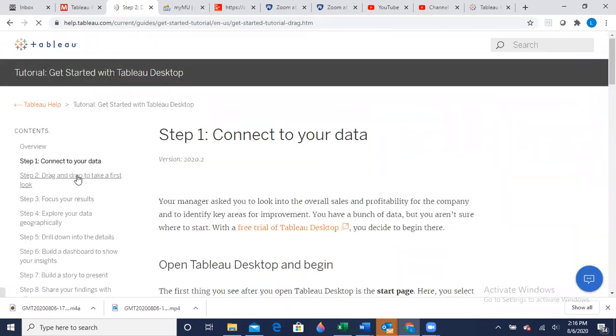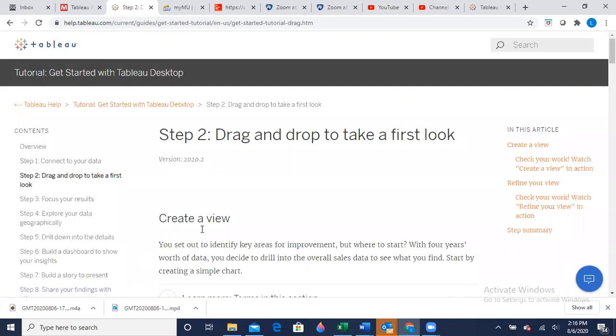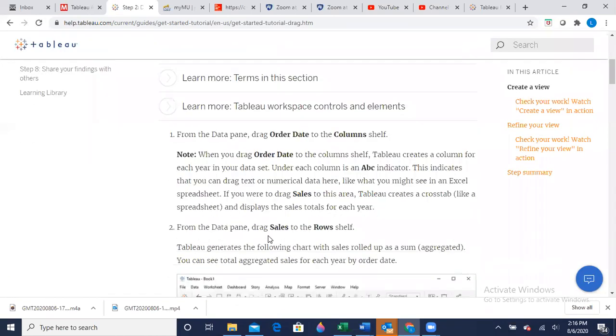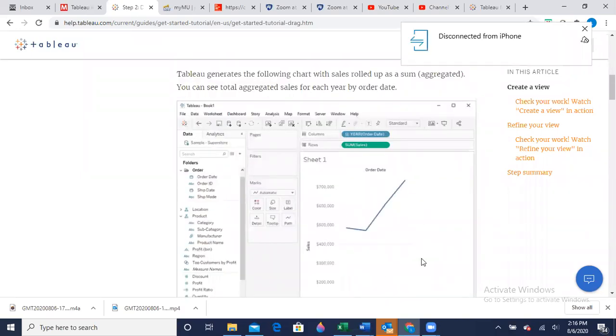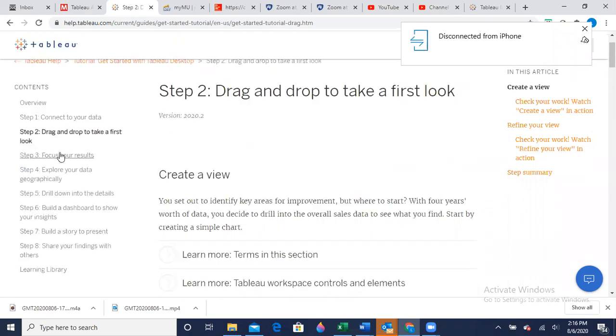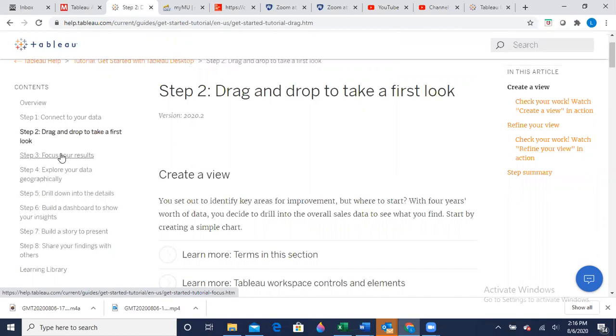Now step 2. And you're going to learn all about dragging and dropping and doing stuff to start making this picture of your data. So if you have information, for instance, about every state's sales, you could make a map and show every state's sales, and then you can color code it for sales over 500,000, which states, sales over 1 million, which states, and you can color code them by that. And you'll see these different features. There's so many different features to Tableau.